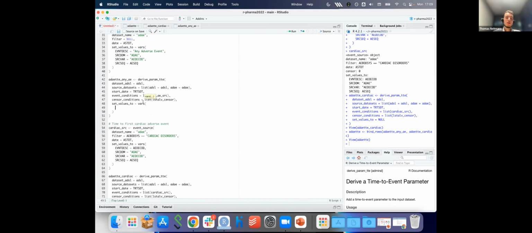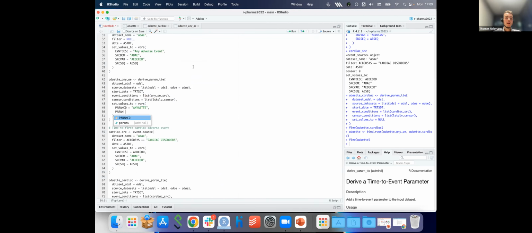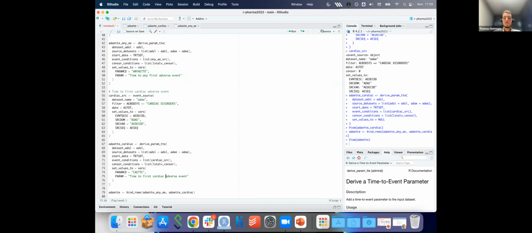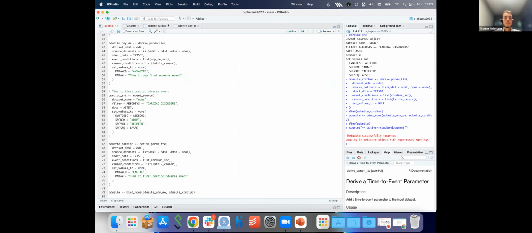This is the set values 2 here. So we'll say param CD for this first one, any AE TTE, and param being time to first adverse event. And then we'll do something similar down here. We'll call this maybe just C AE TTE, and then we'll call this time to first cardiac adverse event. And now if we run the whole script by sourcing it and look at the updated data